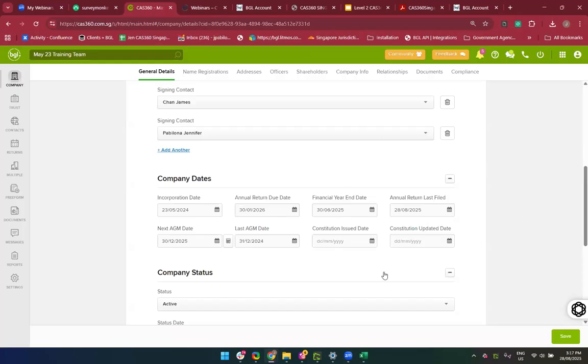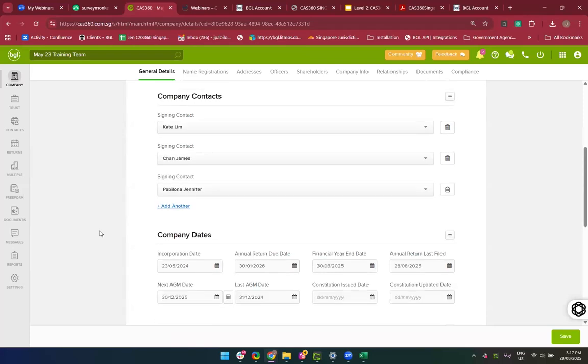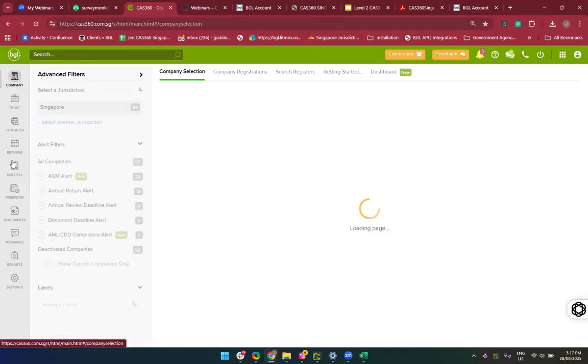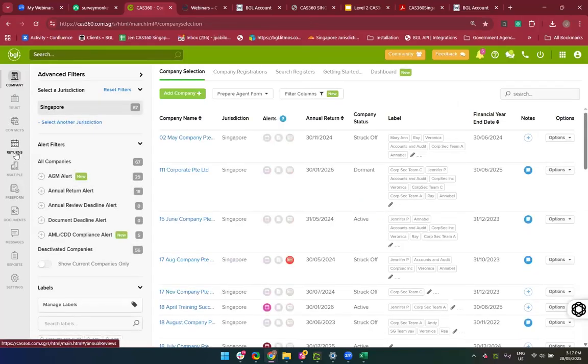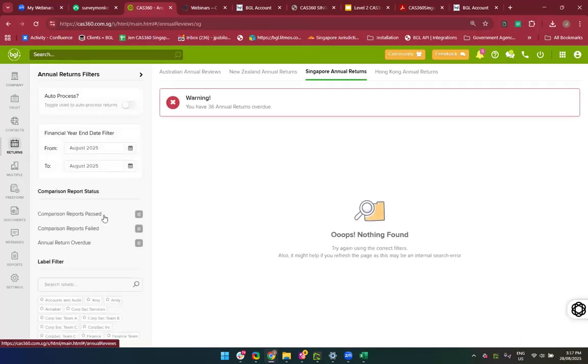But for now, if you are filing it directly to Accra's website, what we can only do is update your annual return last filed, but you will still need to manually update the financial year end and so on. So just take note of that. So you will notice that in your returns, for example, if you go to your returns,